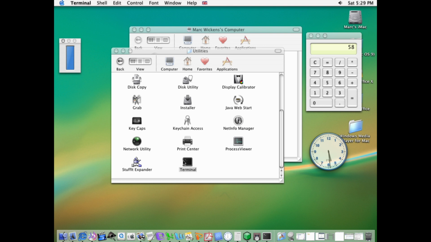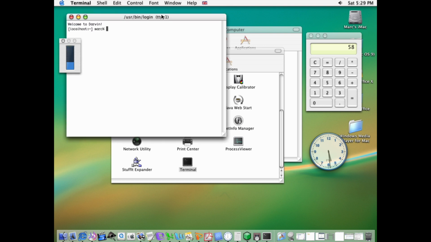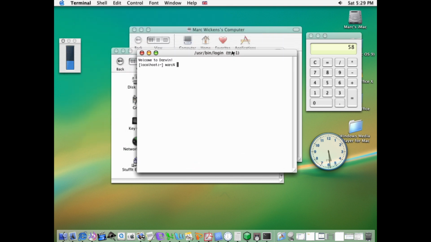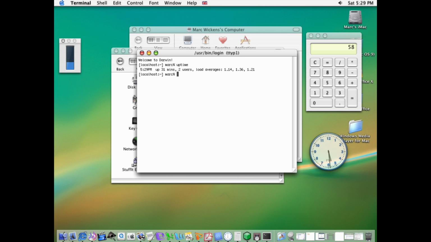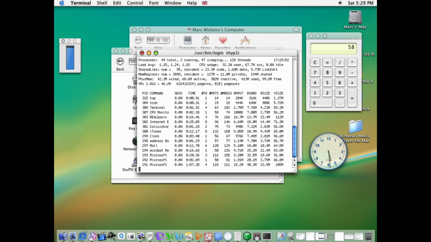Okay, so let's open up the terminal. Let's see if we can find out how much memory is in use. So first of all, I'm going to just try and see what our uptime is. There we go, 31 minutes. Now if I type the top command, this should give me a readout of everything that's running. And if you look at, what's that, 1, 2, 3, 4, 5 rows down, you've got physmem, physical memory, so